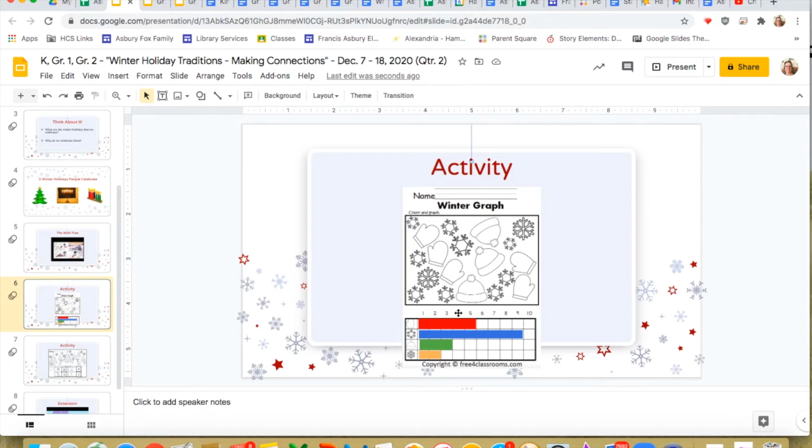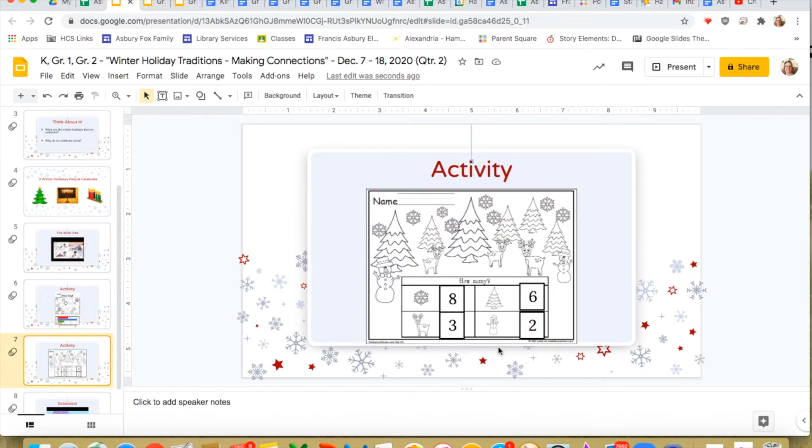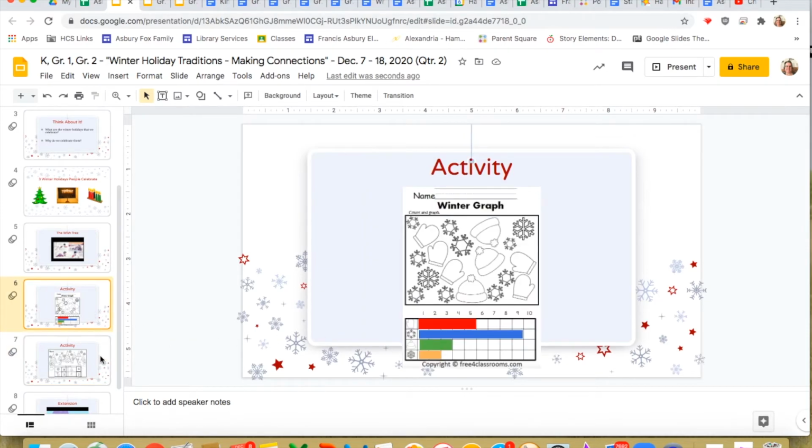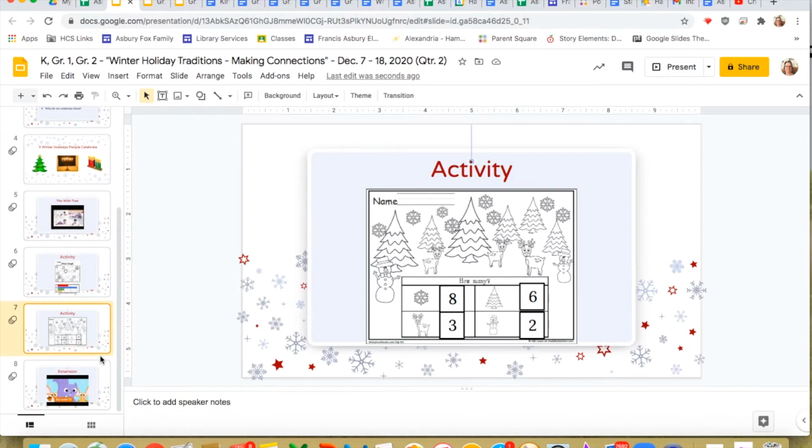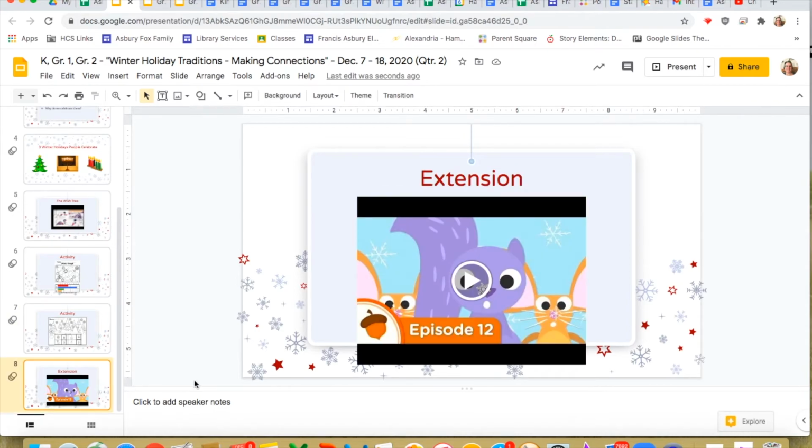And this is called a graph. You guys did an excellent job. So we did the graph together, and we did the counting activity, how many together. And you guys did a great job on that too. So now that we've done both of these, Miss T has one other little video that I would like to show you. And if you want to go ahead and start coloring both of your pictures.